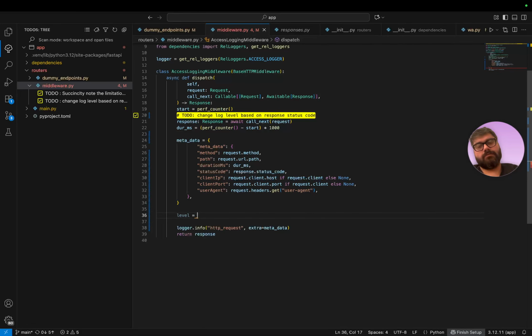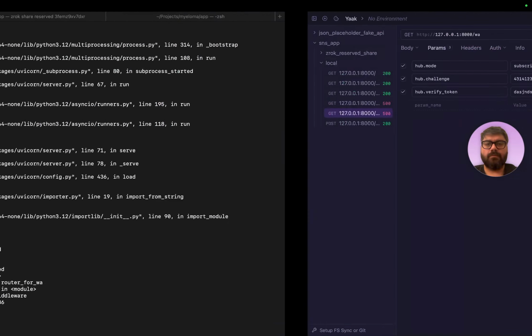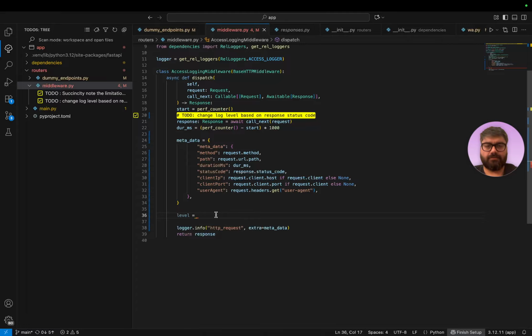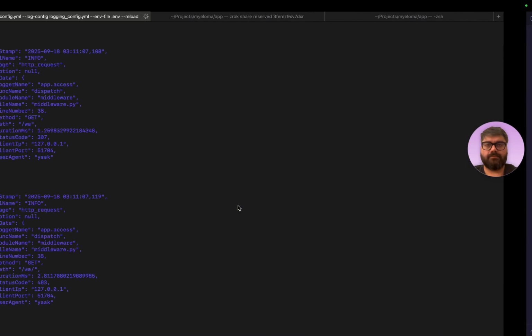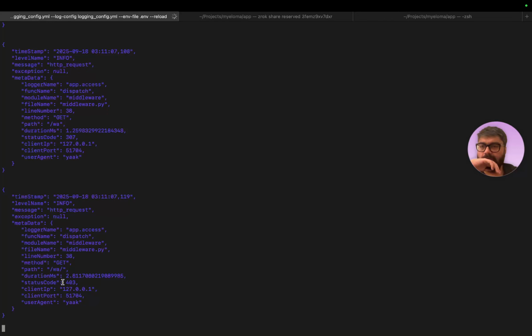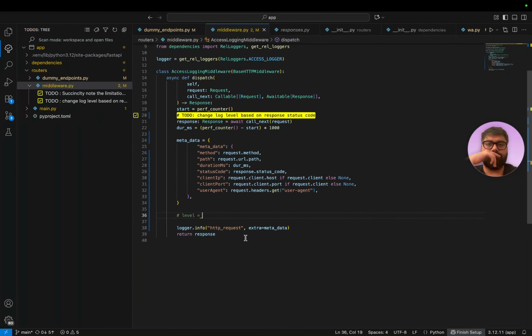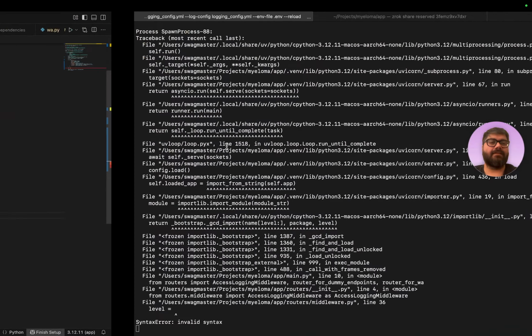Level equals, what does the response status code do? I'm just gonna comment that out real quickly. Just gonna hit a random endpoint, whatever, doesn't matter. Response status code, yeah, it gives you the actual integer. So 20 is info, 10 is debug. All right. Right, because logging level is 10. I have it set to 10. And that's why,